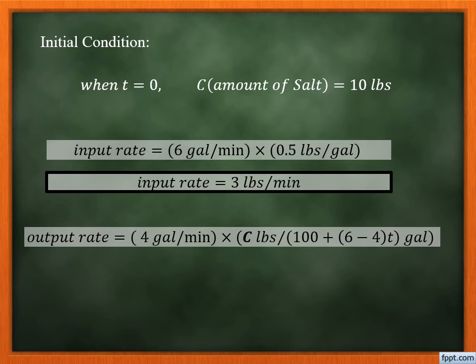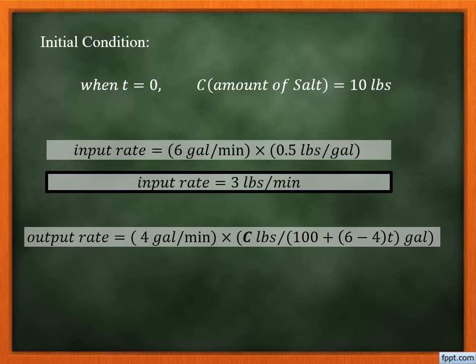So that means the fluid flowing out of the container is the initial 10 pounds plus the input rate of 3 pounds per minute of salt coming in. So for the concentration, we have to